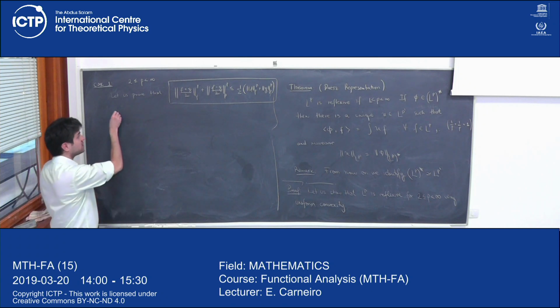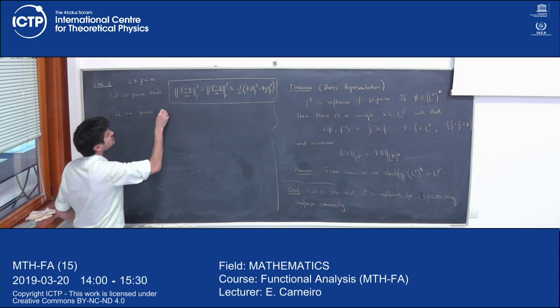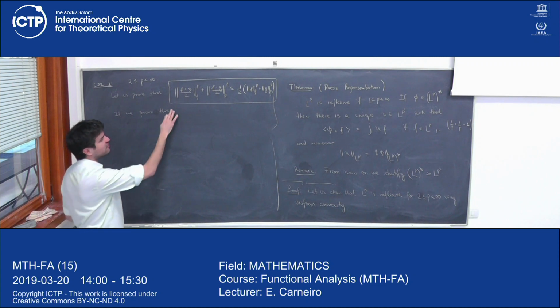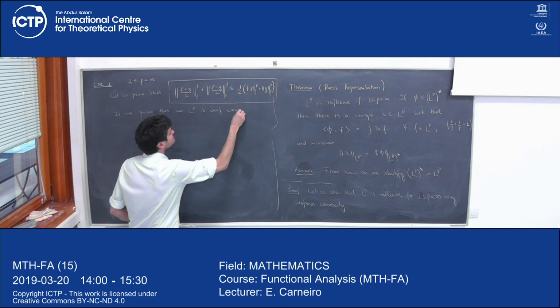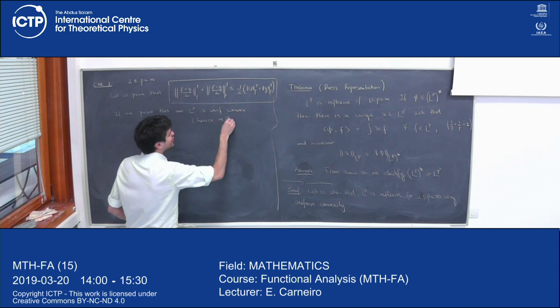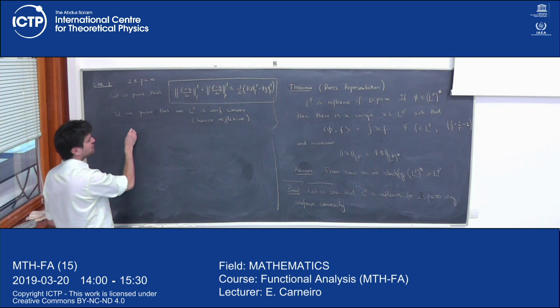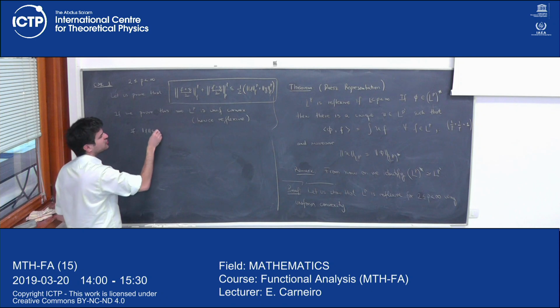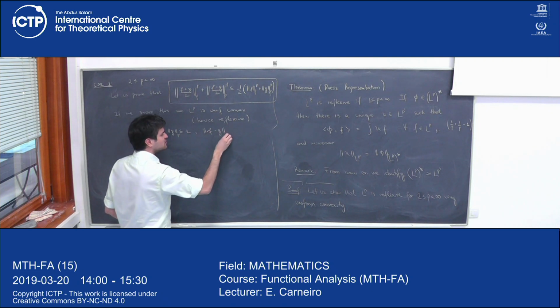If we prove this, this implies that L^p is uniformly convex, and hence reflexive. Because if, say, the L^p norm of f is less than or equal to 1, the norm of g is less than or equal to 1, and the norm of f minus g is bigger than or equal to epsilon,